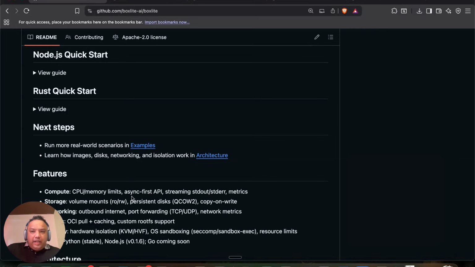The problem with micro VMs historically has been that you have to configure a bunch of stuff to get them to work. I've always found that to be a very frustrating experience because you have to do a lot of plumbing and engineering to get them to work reliably on a system. And it's always been a pain, especially without orchestration and so on. But Boxlight has changed all that. In fact, it makes it very easy.